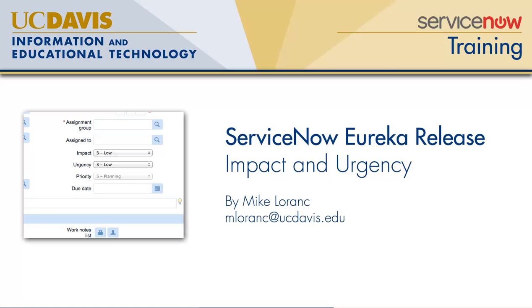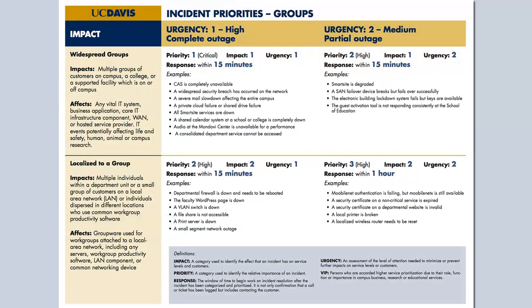The next topic is impact and urgency. These fields themselves are still operating as they did previously. However, due to changes in developing our service-oriented culture, the use of these selections will garner more attention. You'll see from the Incident Priorities Quick Reference Guide that incidents now need to be properly addressed into the appropriate